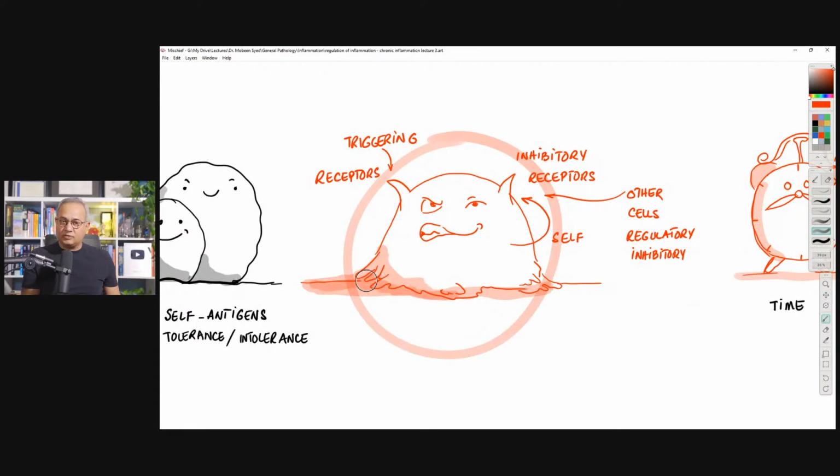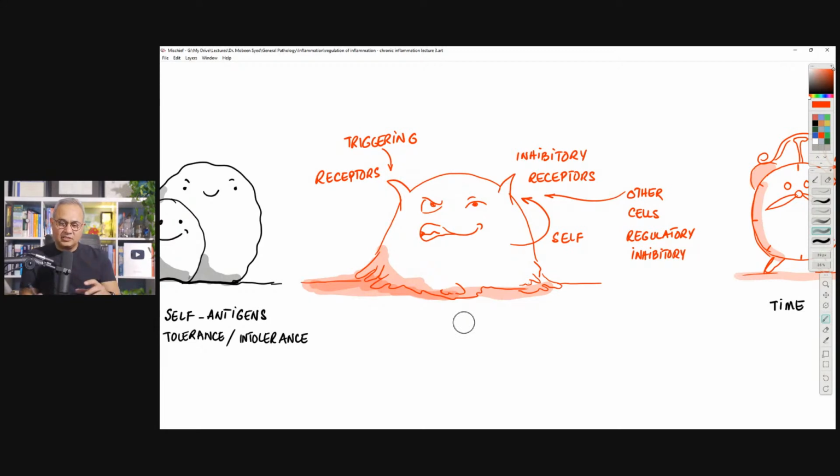Then you would see, as we discussed the molecular mechanisms and cellular mechanisms, that for every immune action, there are going to be triggers that will activate, promote and amplify those actions. And then there are going to be receptors and triggers on the same cells that would provide a negative feedback and try to control this cell's function and bring it back towards homeostasis. This is called the negative feedback. Now, the negative feedback can come from the action of the cell on itself.